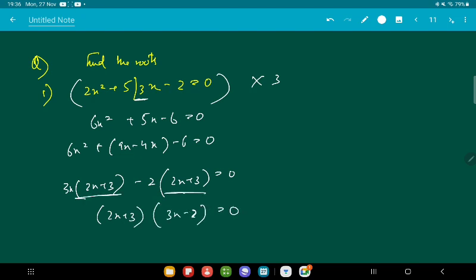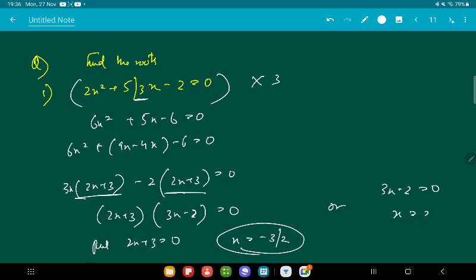You will take this out as common and the remaining will be left like this. x will become, now put 2x plus 3 equals 0. You will get x equal to minus 3 by 2, or 3x minus 2 equals 0, x equal to 2 by 3. These are your two fundamental roots. Okay,